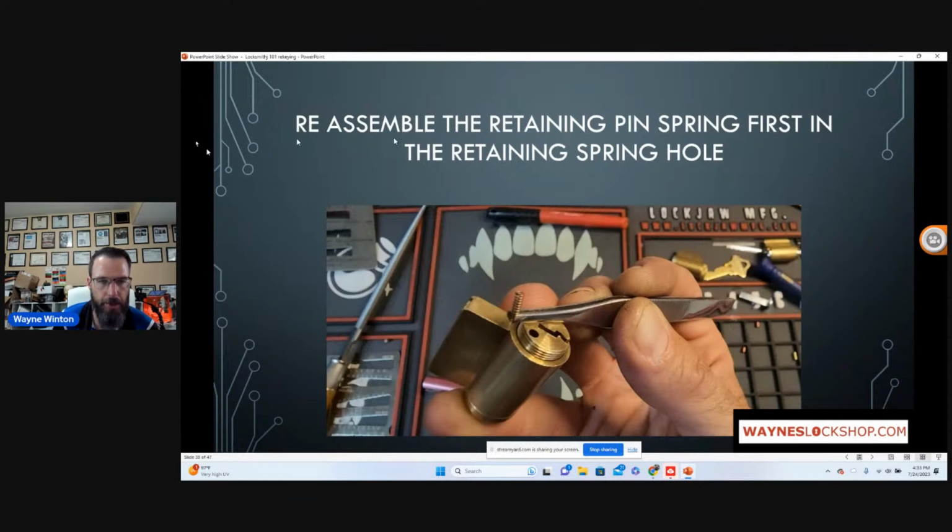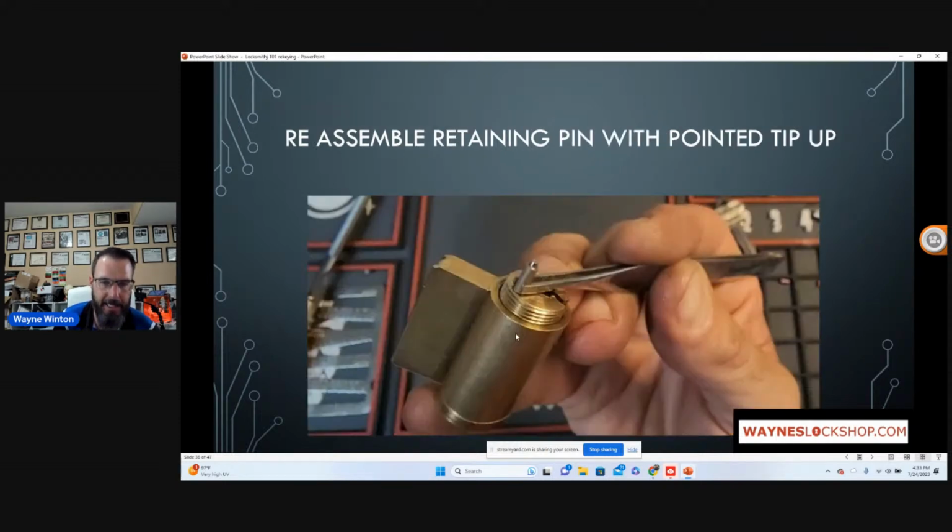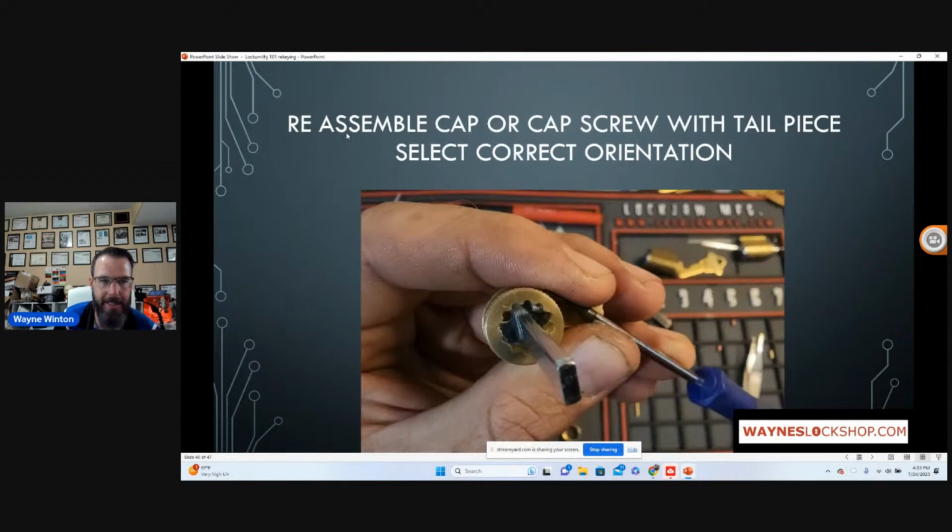We will now begin to reassemble the cylinder, starting with the retaining pin spring that will go in first, and it will go into the retaining spring hole, as you see here. Reassemble the retaining pin with the pointed tip up, just like you see here, and reassemble the cap or cap screw with the tail piece